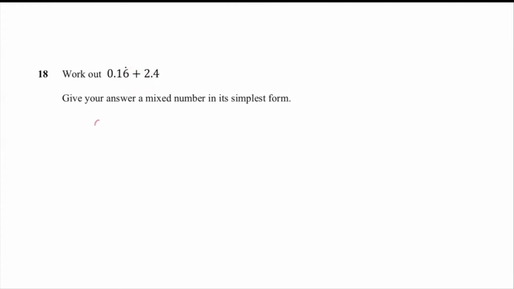So we've got 0.1666 recurring, on and on it goes. Write down some of it so you can see it clearly. And then we've got 2.4 to add to that, giving us 2.5, and then that 6 repeating on and on. This tells me I've got 2 whole and this decimal section, which I want to turn into a fraction. So we're going to set it up. That's the fraction I don't know. It equals